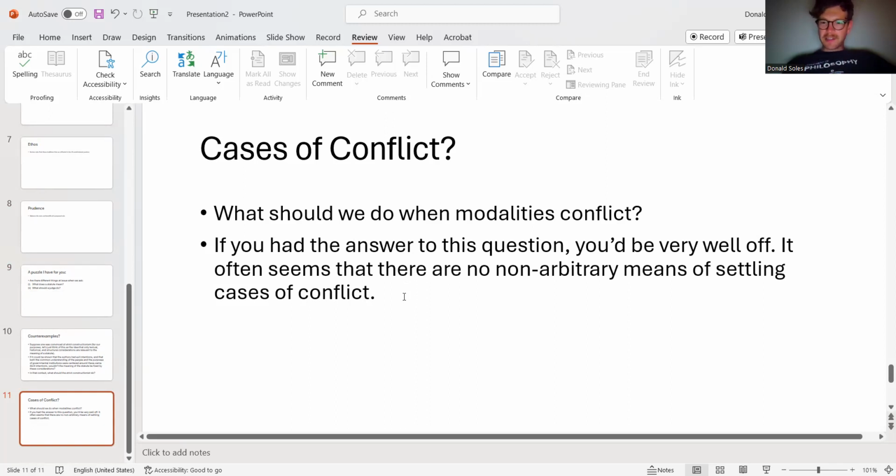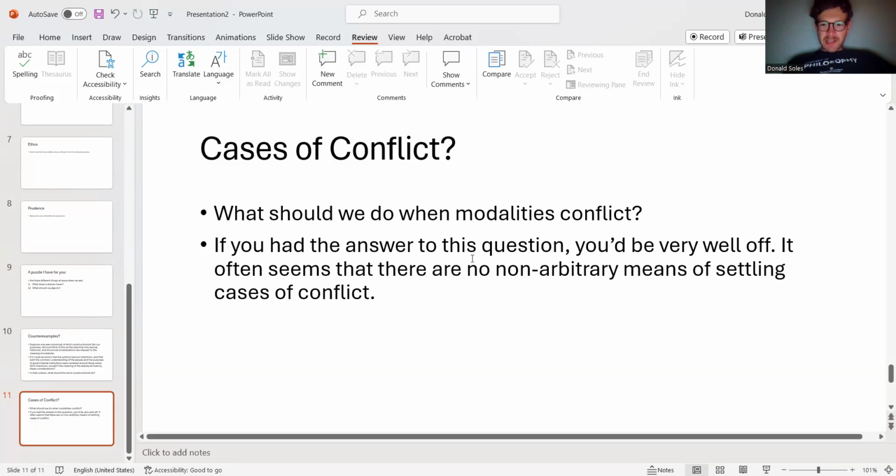Here you have the author's intention going in one direction, and you have a common understanding going in another. You might have prudential arguments, cost-benefit analysis going in a completely different direction. Who knows? These modalities are bound to conflict. And so what do you do when they conflict? What kind of consideration ought to trump?